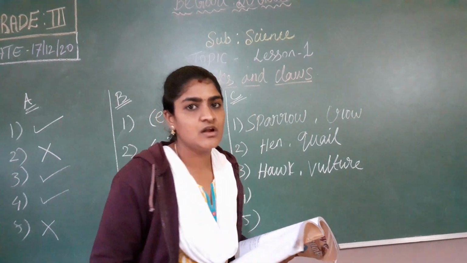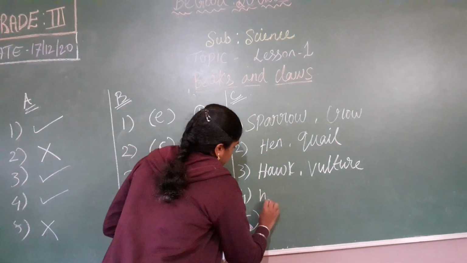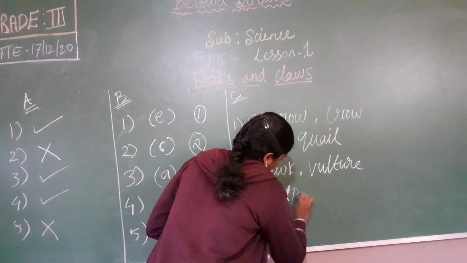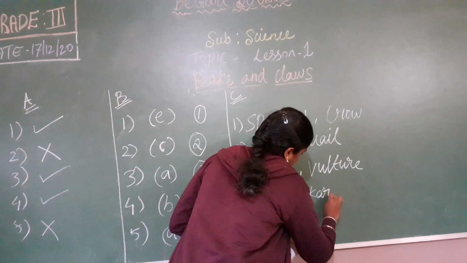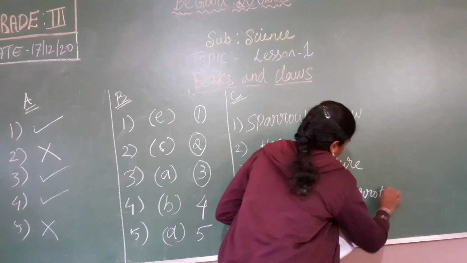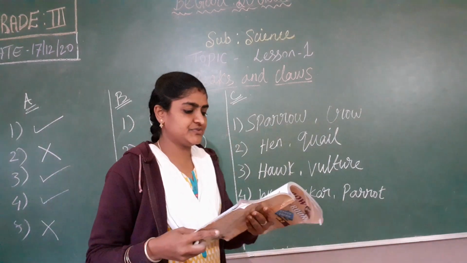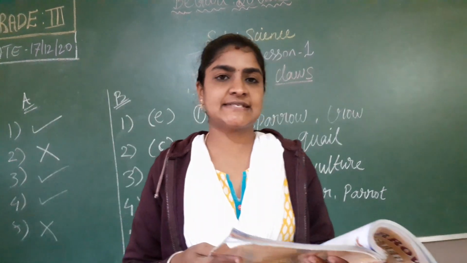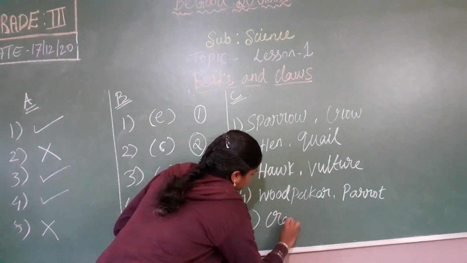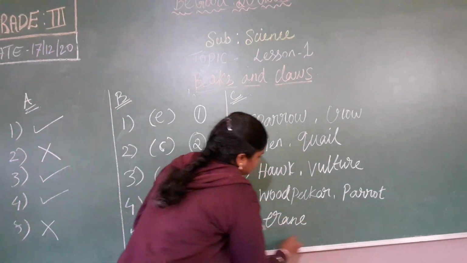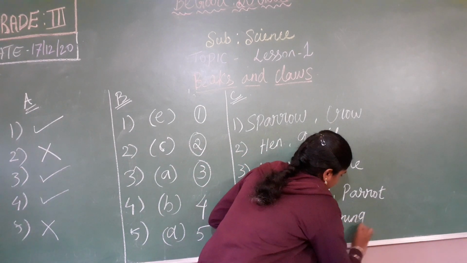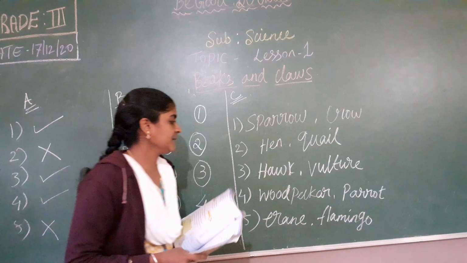Example woodpecker, parrot. Okay, and the fifth one, wading birds. Example crane, flamingo. Okay, so these are the